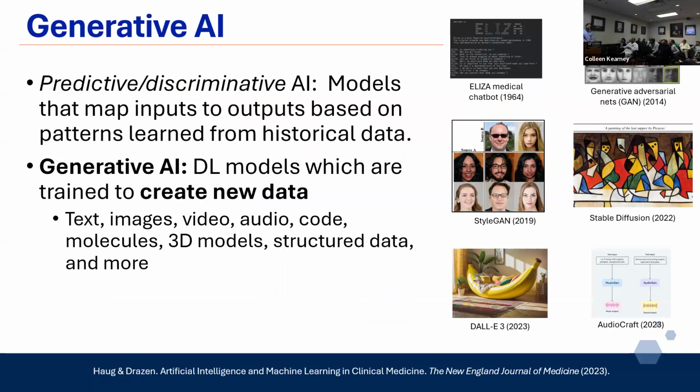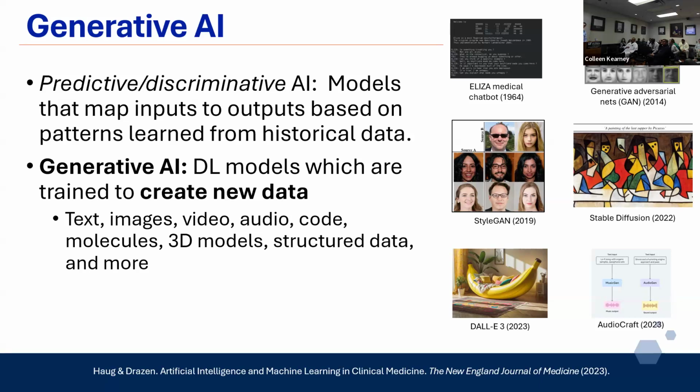Okay, this one is generative AI. I think we're probably all familiar with that. ChatGPT is a form of this. You've probably seen clips of crazy looking, realistic images and now videos. That's all generative AI. And I have this slide here just to differentiate it from predictive or discriminative AI. I think the field is still trying to find the right term for that. But classic machine learning up until a few years ago was always predictive AI. So if the patient has a 75% chance of having AKI in the next 48 hours or dying in the hospital before discharge, something like that, it predicts an outcome with some confidence or some probability.